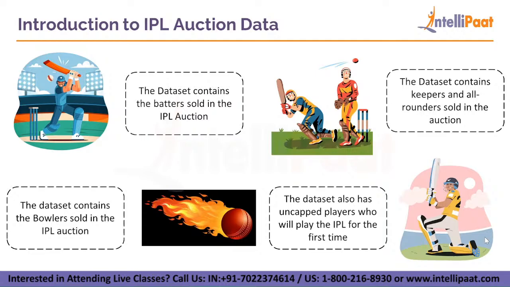And with all these players, we have parameters like nationality. There's a parameter of runs they have scored in all these matches. And amongst those are the average and the strike rate for the batsmen, and there are parameters like bowling average and bowling strike rate for the bowlers, and then again we have parameters like catches, stumps and runouts made for the keepers as well. So this is a brief introduction to what the IPL auction data contains,